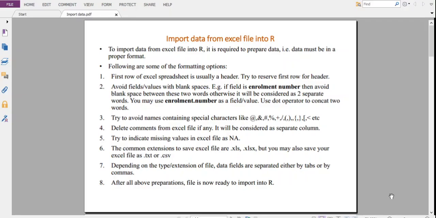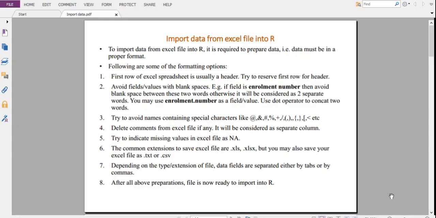If we don't concatenate two different words together that form a name for a single column, then those two words will be treated as different words, the captions of two different columns.